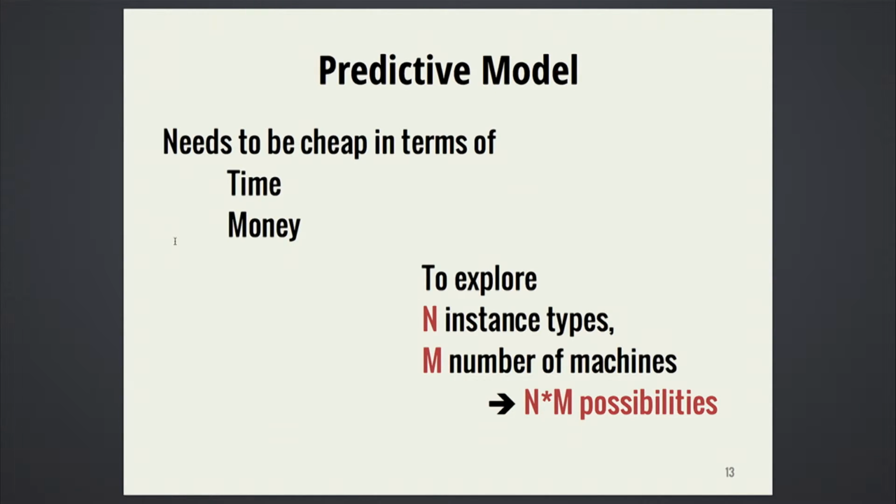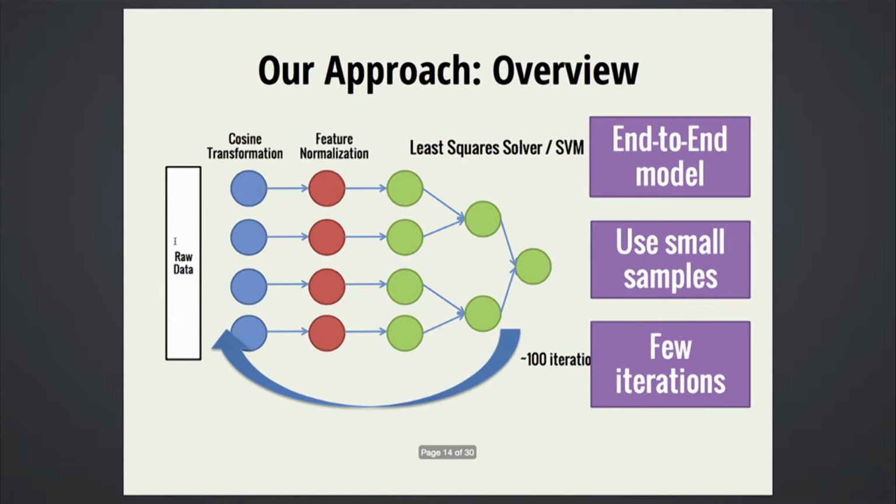For one thing, we don't know much about the job. It's sort of a black box that has a lot of user-defined functions and is doing a lot of complex things. But on the other hand, building the model itself could be expensive. As you saw, you have 20 or 30 instance types, and in addition to that, the number of instances can vary from 2 to 100, so you have many thousands of possible cluster configurations for each given job. So the key question in this work is, can we make it really cheap to build a performance prediction model while also still being accurate for a given user-defined job that we're going to run?